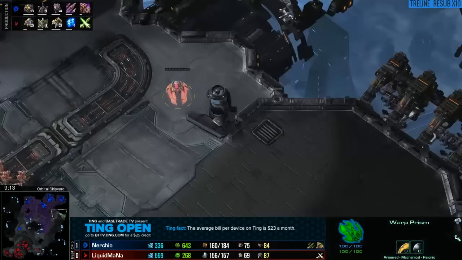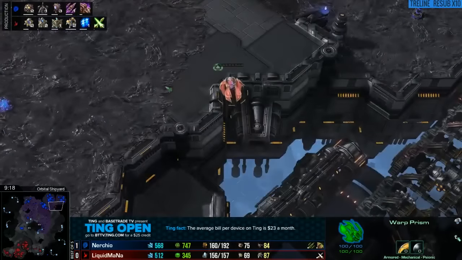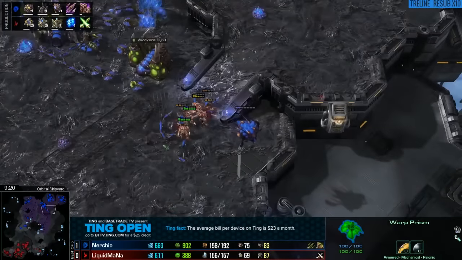I don't know about this. I think unloading Zealots is probably better than warping them in, but he's going to try and distract at the 3rd while the Warp Prism goes to the main. It's kind of clever. Yeah, I guess this...